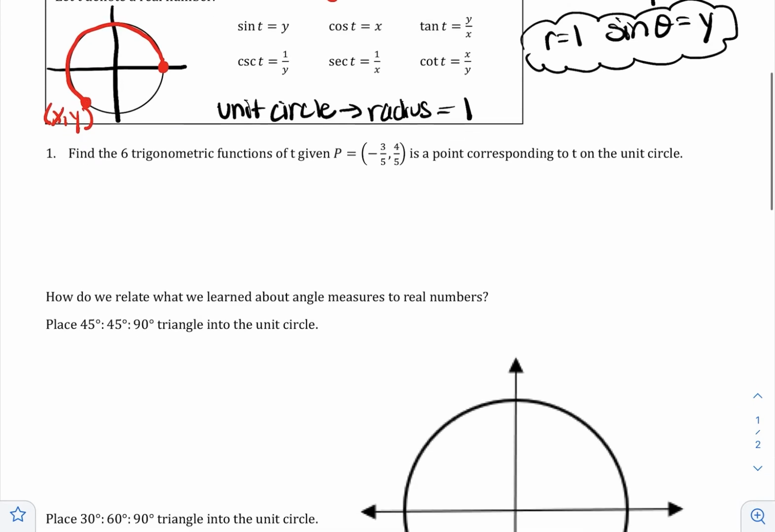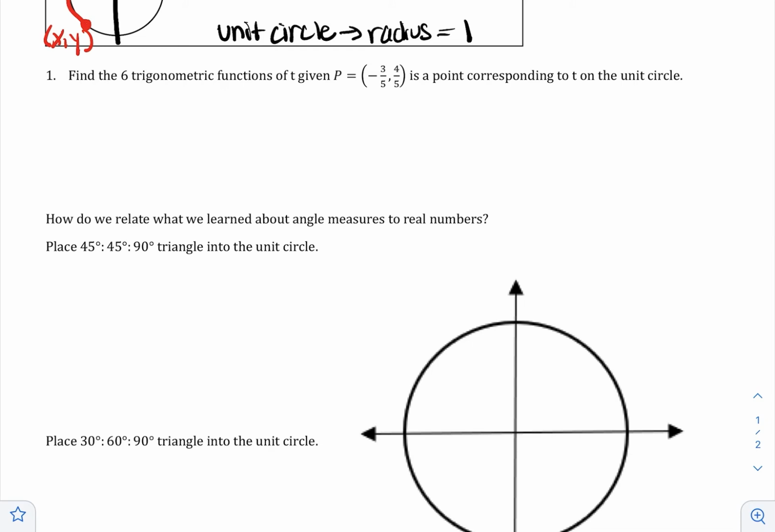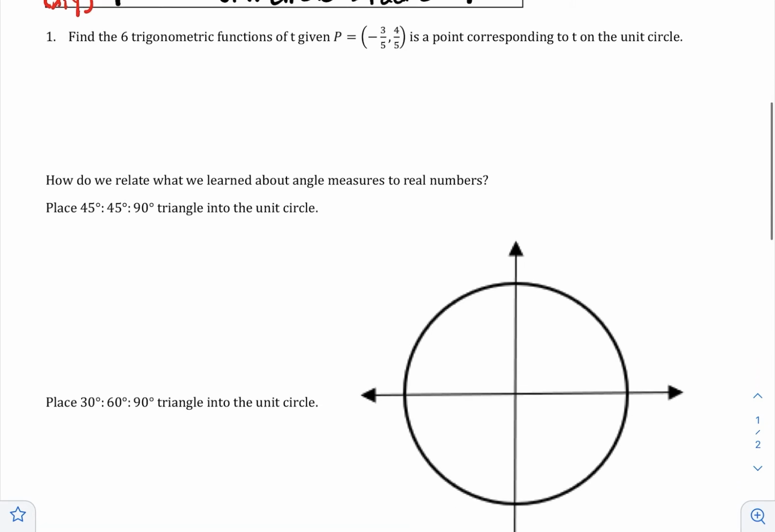Let's do a problem. Find the 6 trig functions of t, given that this point is a point corresponding on the unit circle. This is the key here: they have to tell you that. The unit circle tells you that r is 1. Once you know that, you can go directly into your y's and your x. That means that sine of t will be the y, cosine of t will be the x,